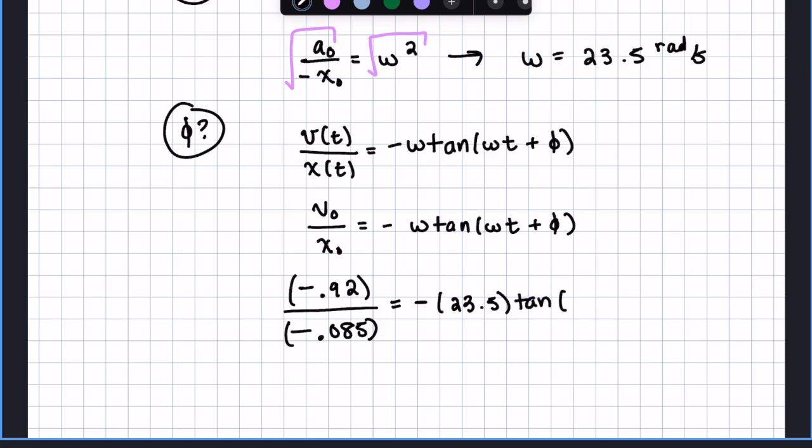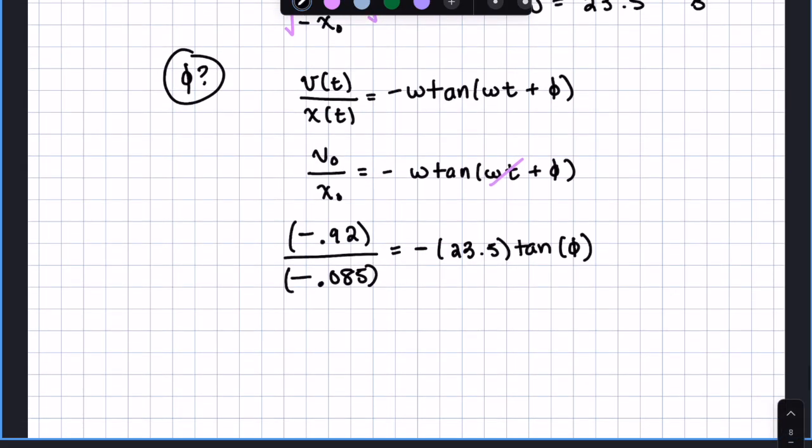But then inside of the tangent, since that t is going to be equal to 0, that whole omega t term is going to go away. So I'm just going to write that in terms of phi. So we can see that pretty obviously, that's just how that's isolated. Then if I simplify everything outside of the tangent, basically,